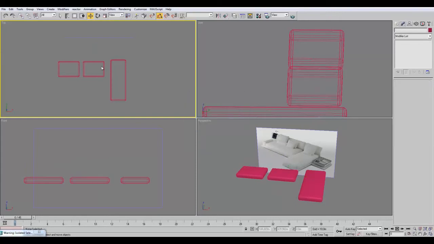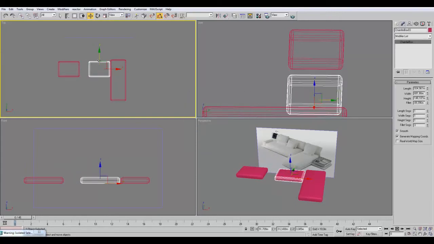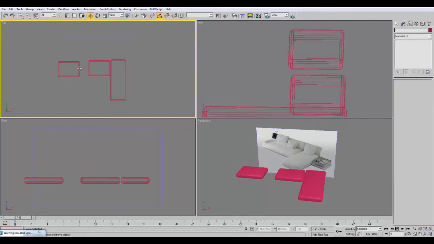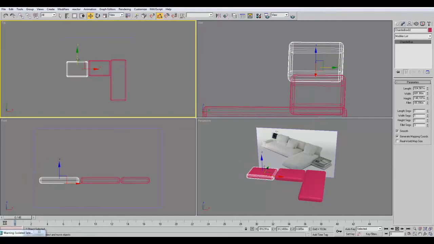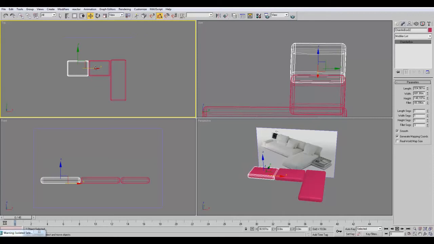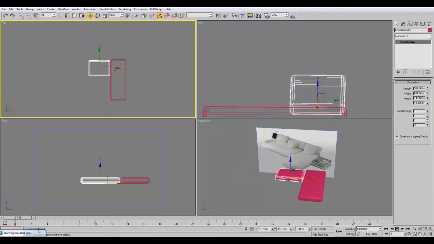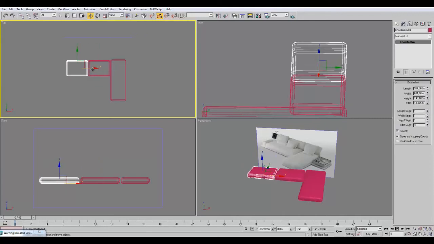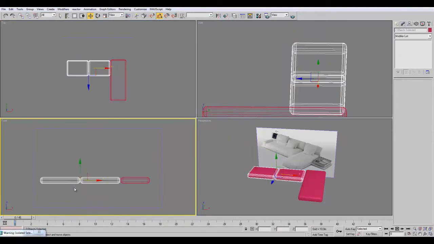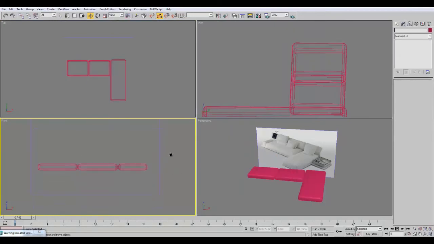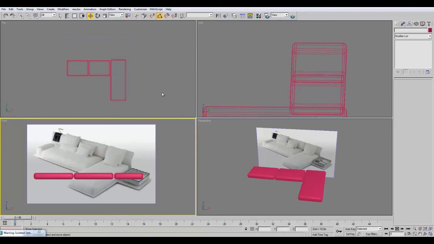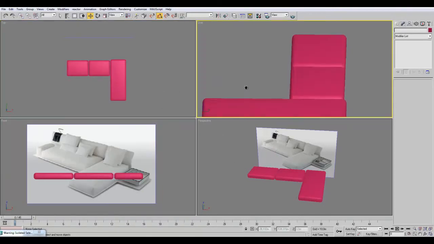Again, shift and drag, and there you go. I make another one. This is a fast way of doing it. If you prefer this way, I'm just showing you. I think I show in this video at least a few ways of doing that effect that you see on the couch over there, like the spaces in between. You could have made it this way. It's a fast way to do it. Not the pretty way of doing it, but